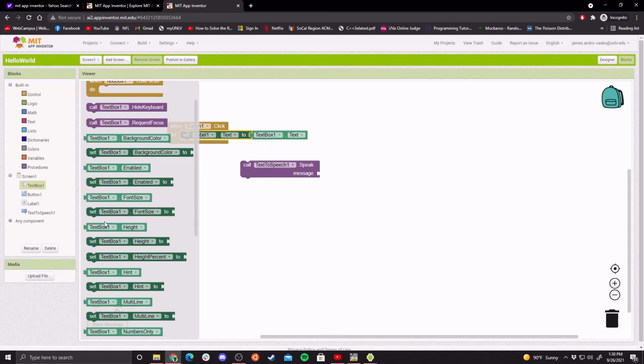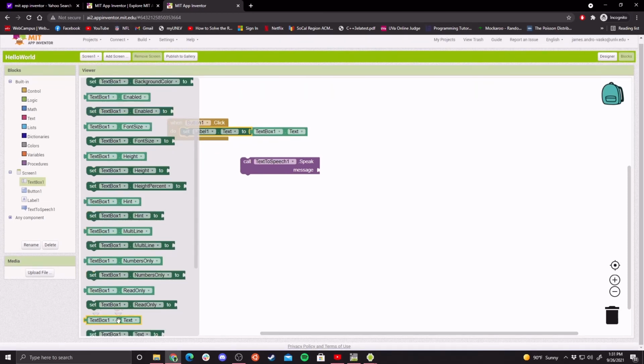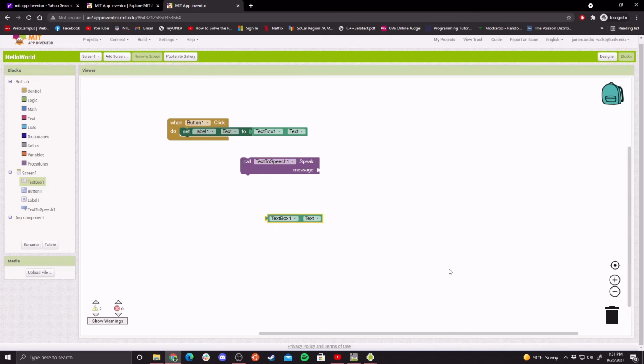So of course, text box 1 dot text is going to be what the user entered into that text box, and we want to pass that into this message. So it's going to read whatever message we pass into this purple block, which is text box 1 dot text. We're passing in what the user entered, and we're going to have this call, which is going to basically read